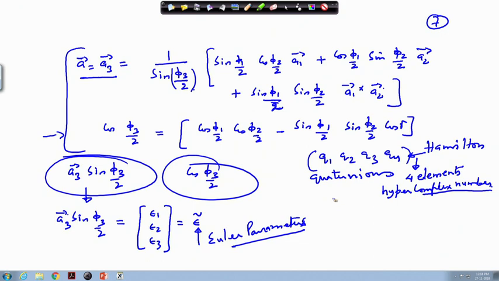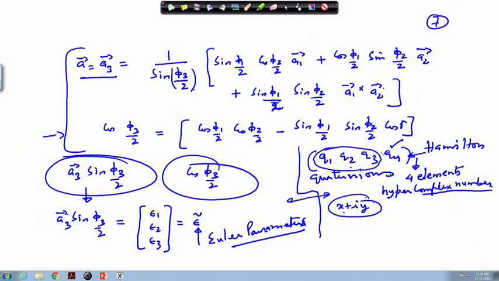So, till now we have done just like the x plus i y, this we have considered as a complex number, okay. But here what we see is that this is a 2 element complex number, okay. But this one is defined as the 4 element complex number, where this is the real part and these 3 happen to be the complex part. So, it so happens that whatever equations are developed using this, they can also be derived using this, but this is basically the complex notation, and this we are working with the matrix notation. So, rather than calling this the quaternion, we call it the Euler parameters.